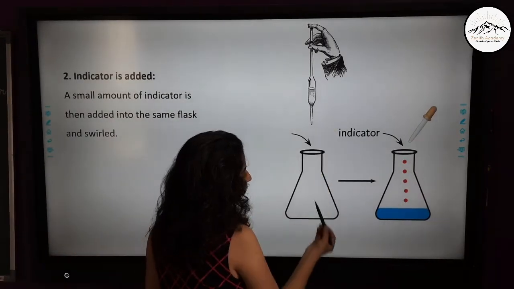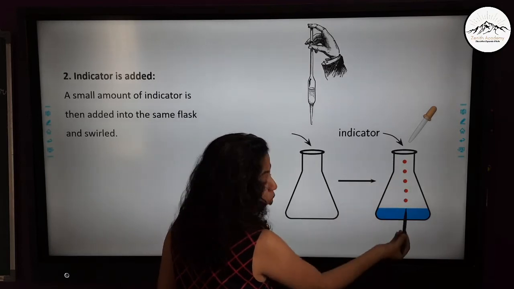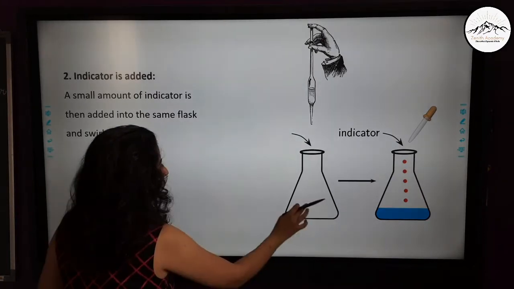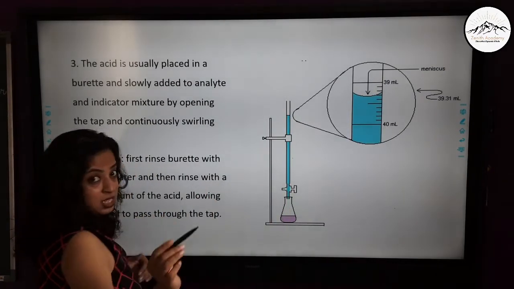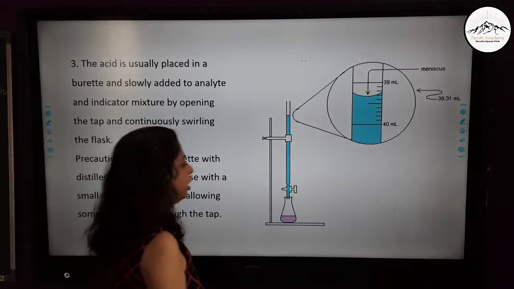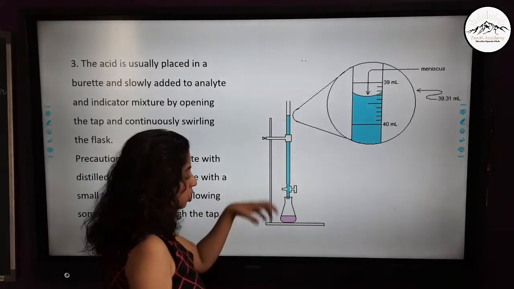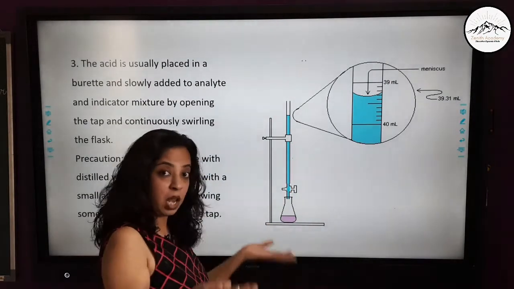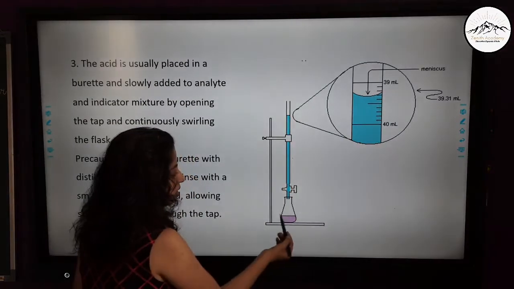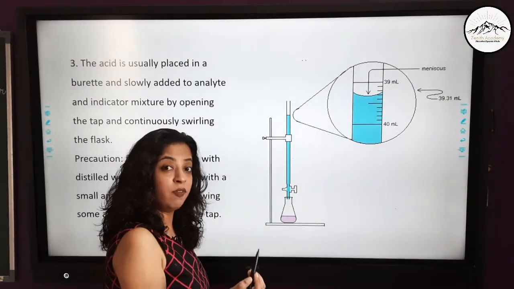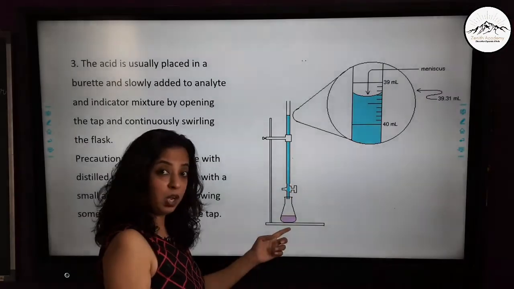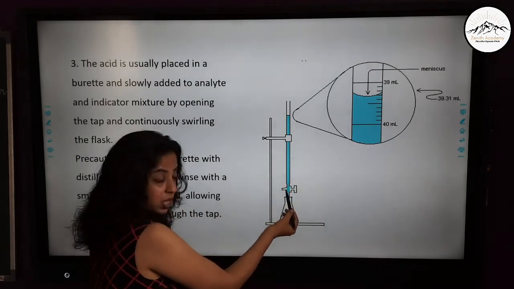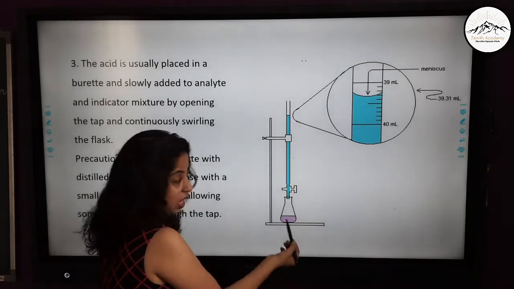Now then after filling it in the flask you add a few drops of indicator and then the flask is swirled, it is mixed. Now in the burette you add acid. Always remember students that you should never add acid in the flask, because if we drop base from up, it might happen that the acid may spill out, or there might be an accident of spilling this acid, and we know that acids are corrosive, it may cause harm. So always make a practice of filling the burette with acid and the conical flask with alkali.